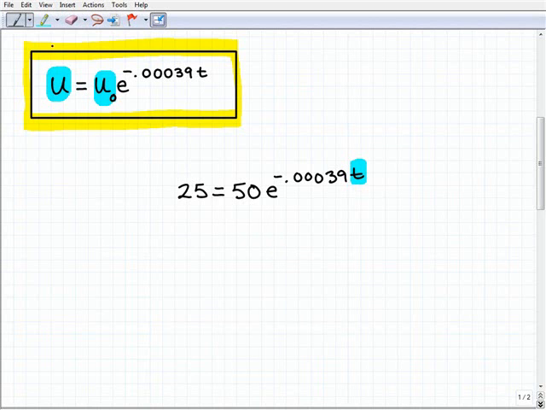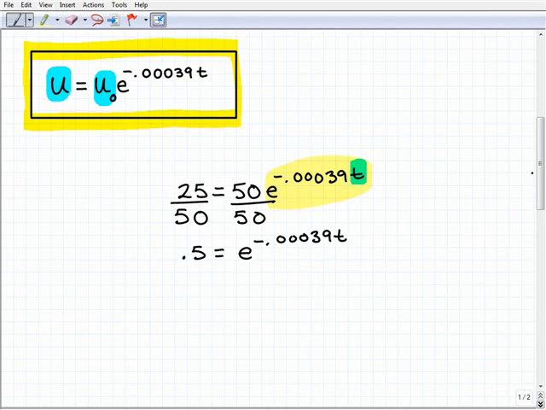The first thing I need to do is isolate the power portion of the equation, and that's this portion right here. So I've got to get rid of this 50. I'm going to divide both sides of the equation by 50, and what we're going to get is 0.5. That's just 1/2, or 0.5. I'm going to express it as a decimal. Equals e to the negative